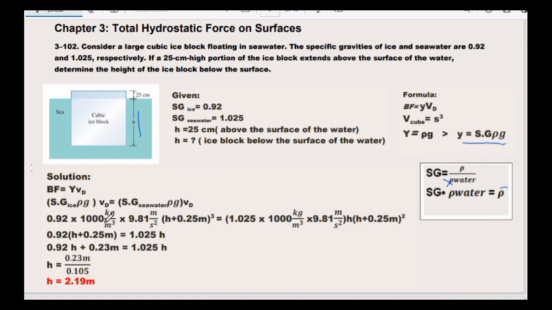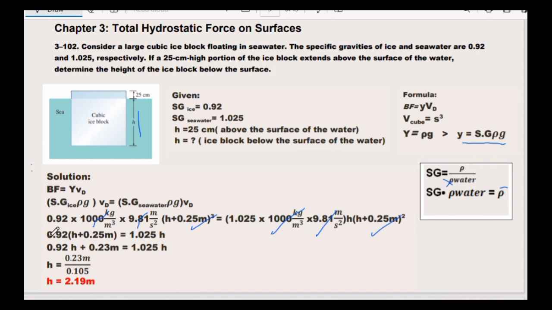So here we can cancel out the same value on the other side, 9.81. And also we can reduce (h plus 0.25) cubed to (h plus 0.25 meter)